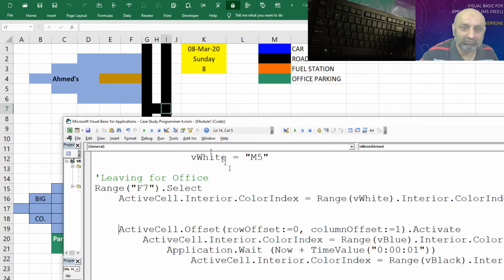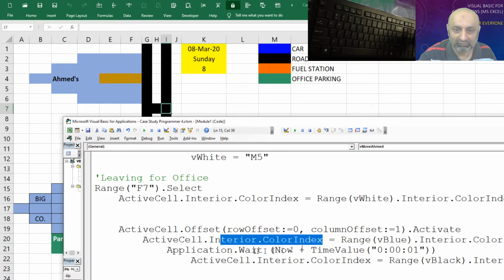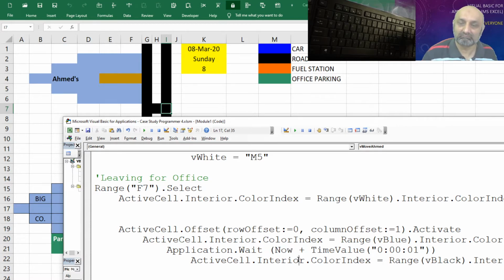And after moving to the right, we need to change the color to blue, then wait for 1 second, and then change the color back to black. So anything which has to be repeated a certain number of times, what do we do? We create a loop, right? A For Next loop. We have already talked about it.